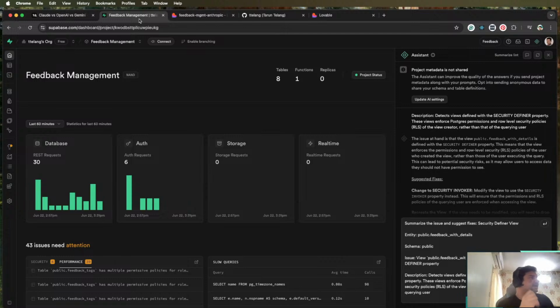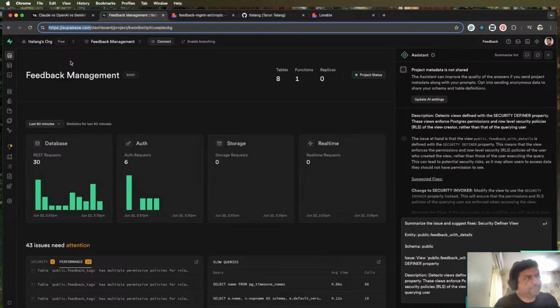Supabase, as you see here, is a different app which is available at supabase.com. You can create an account in Supabase as well, which is also very simple and straightforward. You have to sign up with your email and your password. These are the only two pieces of information you have to provide, and then it will provide you an instance where you can run your database, and it is based on Postgres. So here you see this is my database, and definitely a single database can be connected to multiple applications, so you don't have to always create a new